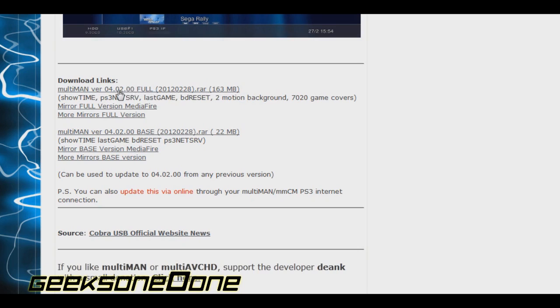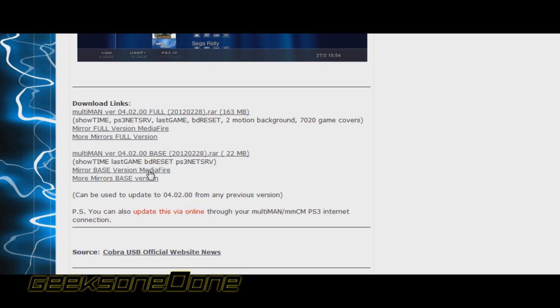So this is a very big file. If you don't have your PlayStation 3 connected to the internet all the time, then probably it's a good choice, because if you don't, you will just have a lot of blank icons without covers, just with the names of the games. But anyway, let's just download the mirror-based version media file, and I'm just gonna click on that,